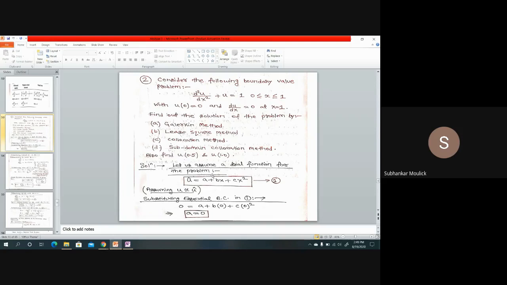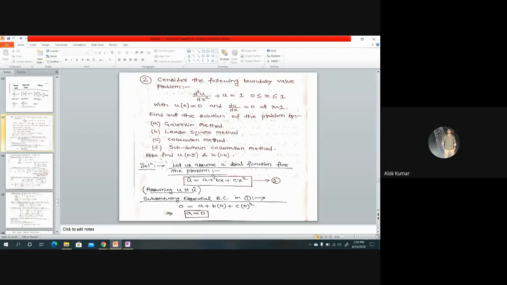Okay. So can you tell me, in your given question, which one is the given differential equation? What is the domain of the problem, and which are the essential and natural boundary conditions? Find these out, only then will we be able to solve this problem. Which one is the governing differential equation?